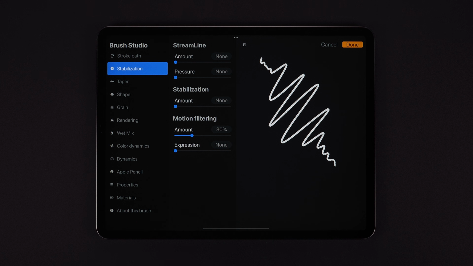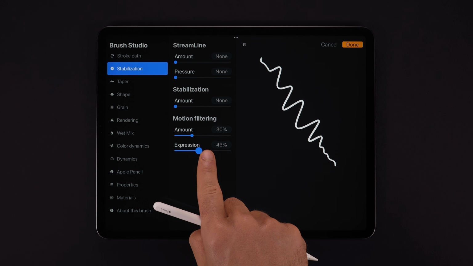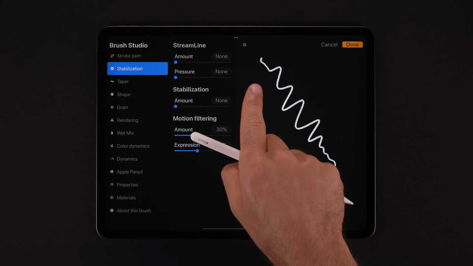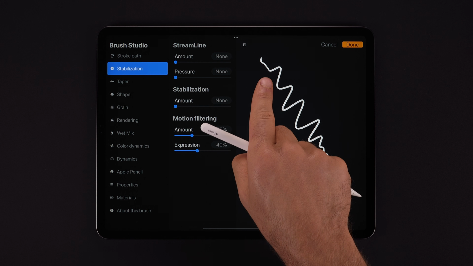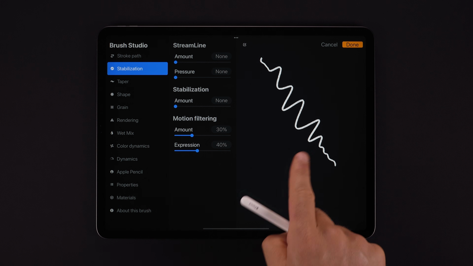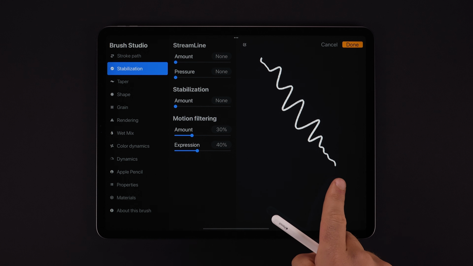Now, expression. This works by taking the amount value along with a greater consideration for time across a brush stroke, and then focuses the amount at areas with changes in stroke direction in more clever, less linear ways. The result is a less uniform squashing of motion across the entire stroke than you would get by just using amount alone. So by using just a little bit of amount and expression, we can see the fast, narrow motion from the start of our line has been filtered out. The broader, still fast area at the middle has been eased, but still kept good definition at the corners, and the slower, shorter changes in direction near the end are preserved.